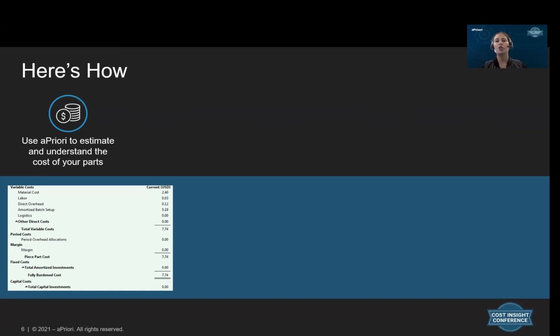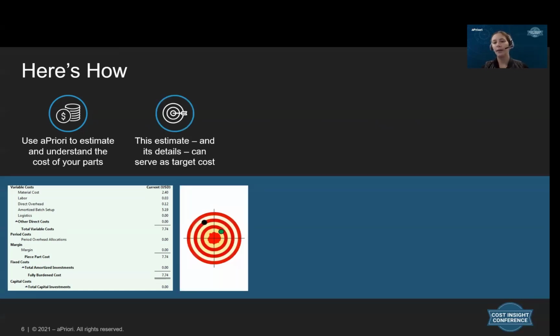For example, check how the cost changes if you double the cycle time or double the labor rate. And that way you're equipped to address supplier questions. You can also contact the supplier ahead of time to check if the routing that aPriori picked matches how they're actually making it. We recommend that you let the supplier know that you're trying to understand the cost drivers of this part and